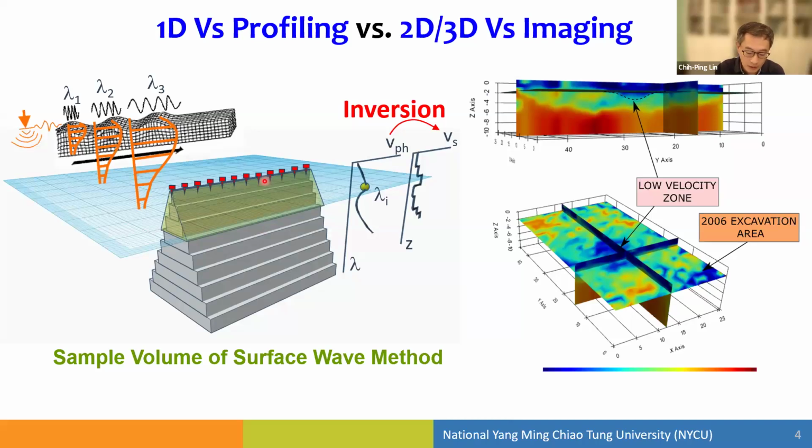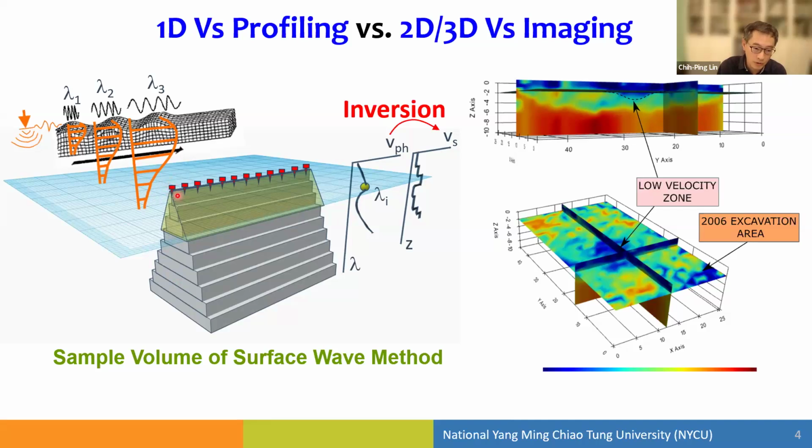And in order to invert for the velocity profile, it's more convenient if we can assume that within the survey receiver location the medium is more or less stratified, a layered medium, right? So in that case, we can get the wavelength, phase velocity, and we can invert into depths and shear wave velocity, right? So this illustration shows you the sample volume, the sample depths, the influence distance in the off-plane direction